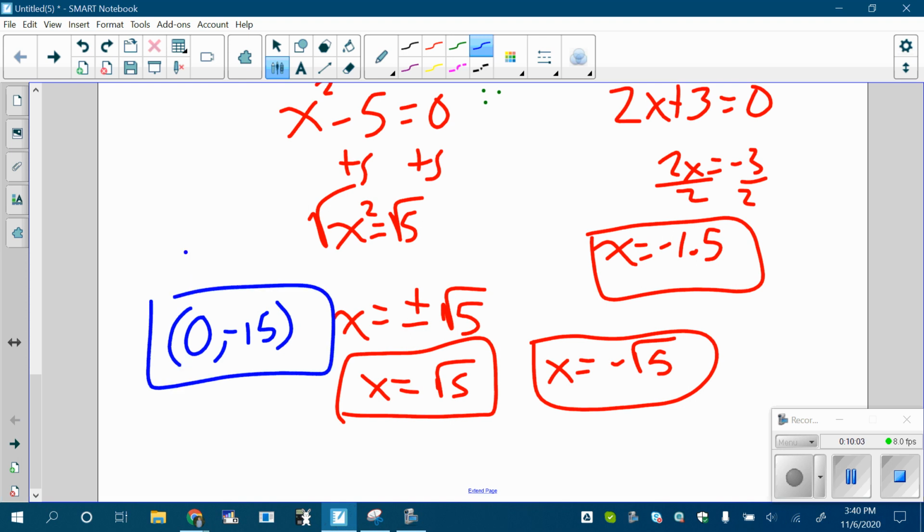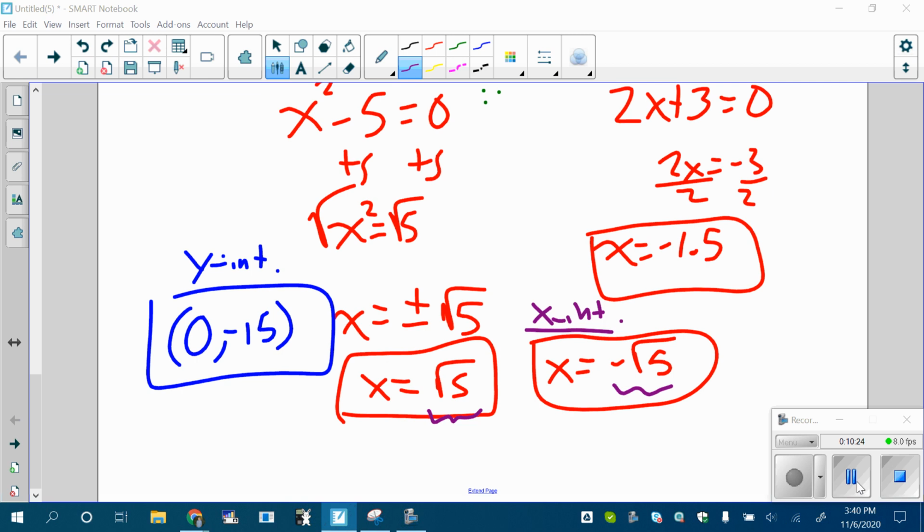And now you have your y-intercept. You have your 3 x-intercepts, and you can totally sketch a graph. If you're thinking, how do you graph square root of 5 and negative square root of 5? You can throw those in your calculator. If you throw square root of 5 in your calculator,